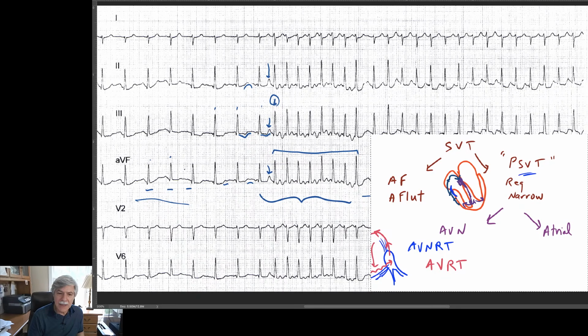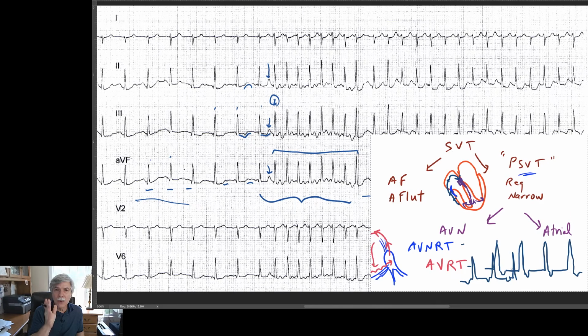But what you notice is that in these 2 arrhythmias, not only do you have perfectly timed one-to-one conduction between the atria and the ventricles, and what you can sometimes see is the P wave appearing just behind the QRS complex, or sometimes you can see it right in front of the QRS complex, depending upon which way the circuit is going. But you have absolute one-to-one association between the atria and the ventricles because you have a fixed circuit that's going